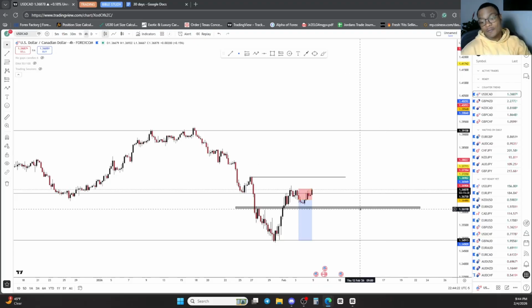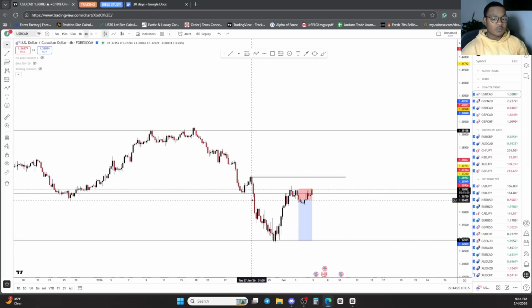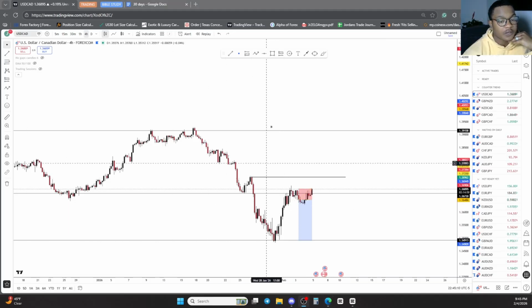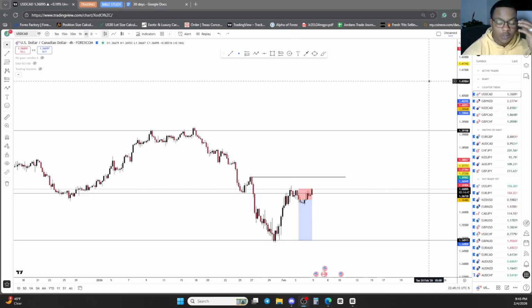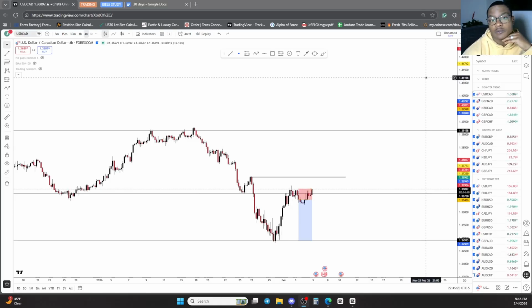I'm happy we did. Sticking by those rules, sticking by that plan allowed me to see this invalid structure, and we saved ourselves from a loss. So yeah, sticking by those rules saved us from an L. I was risking around $2,000, so we would have lost around $4,000 in total if we would have taken this position. I just thank the Lord. Y'all saw us in that clip just praying about it. He gave us that clarity. We acted on that clarity and not on emotions. Really just allowing the Holy Spirit to guide us to make the right decision. And based off of us doing that, we saved ourselves some capital.